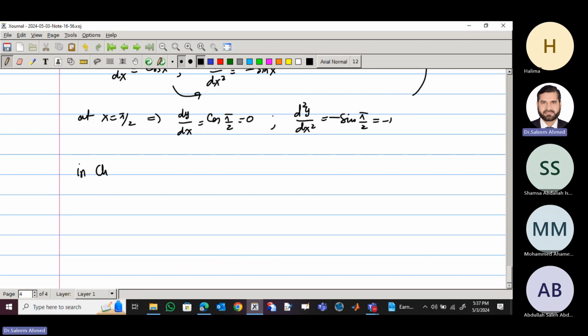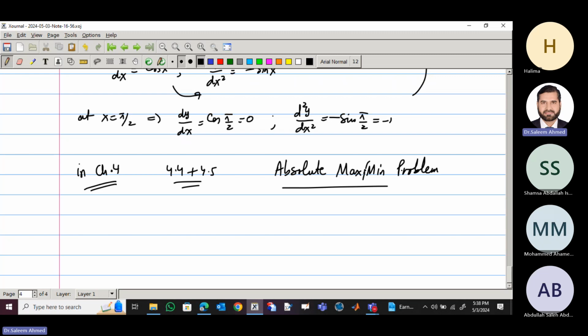I think I did not start with chapter 4. In chapter 4, sections 4.4 plus 4.5, these were absolute maximum minimum problems. You know that for maximum minimum problems, you need critical points and then the second derivative to show whether it's maximum minimum or not. So if I give you some problem and ask you to maximize or minimize,